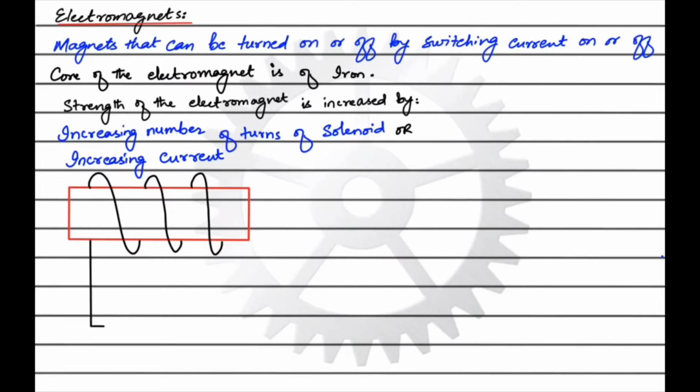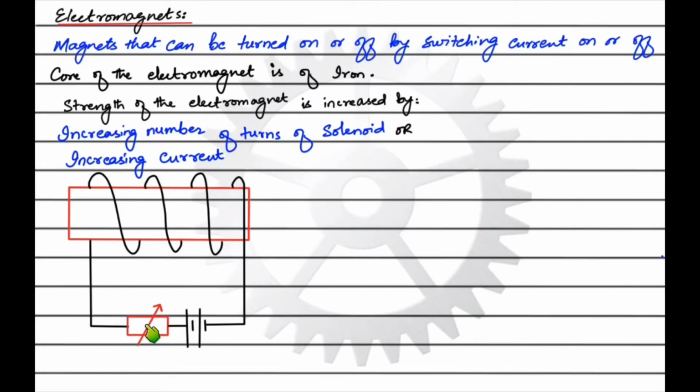So this is how an electromagnet circuit looks. There is a wire carrying a DC, a direct current supply, and in this there is a rheostat as part of the circuit. The rheostat can adjust the resistance of the circuit. So if you increase the resistance of the circuit, the current will be less and the electromagnet will be weaker. Similarly, if you decrease the resistance by the rheostat, the current will be greater and the strength of the electromagnet can be increased.